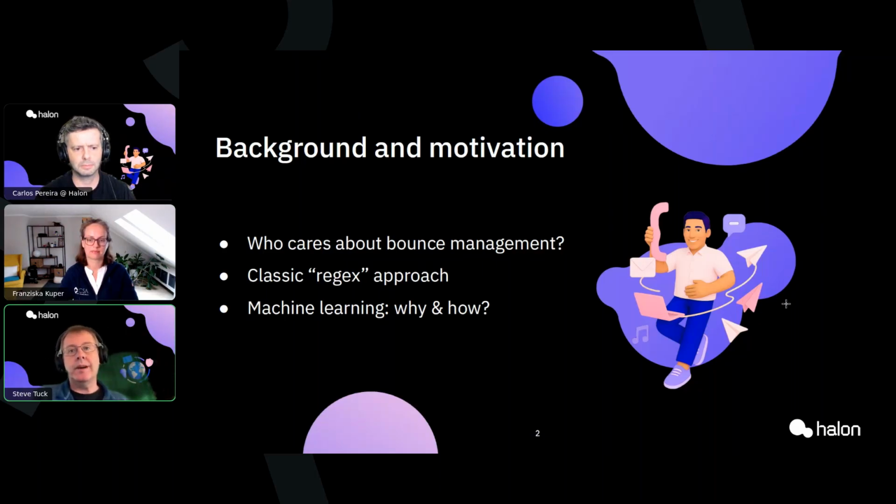A more modern approach to bounce classification can help turn these challenges into opportunities by moving from manual fixes to automated data-driven insights. Senders gain a clearer view of the deliverability trends. They understand the real reasons behind bounces and can act quickly on actionable insights. And this shift enables a more proactive strategy, and it lays the foundation for long-term deliverability success.